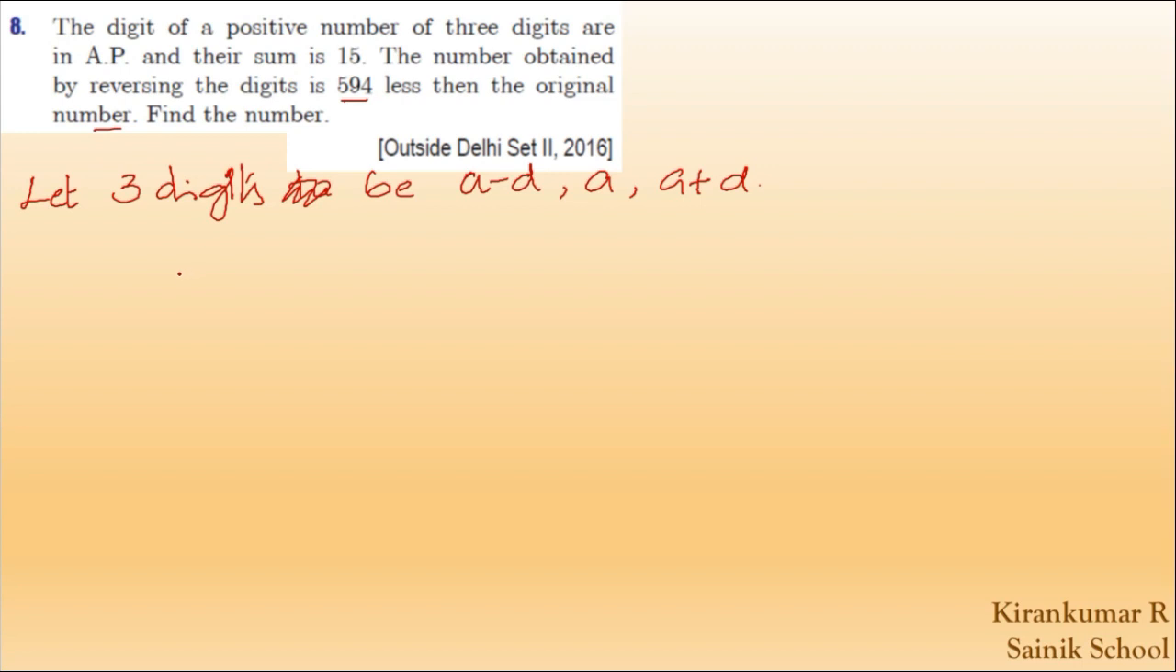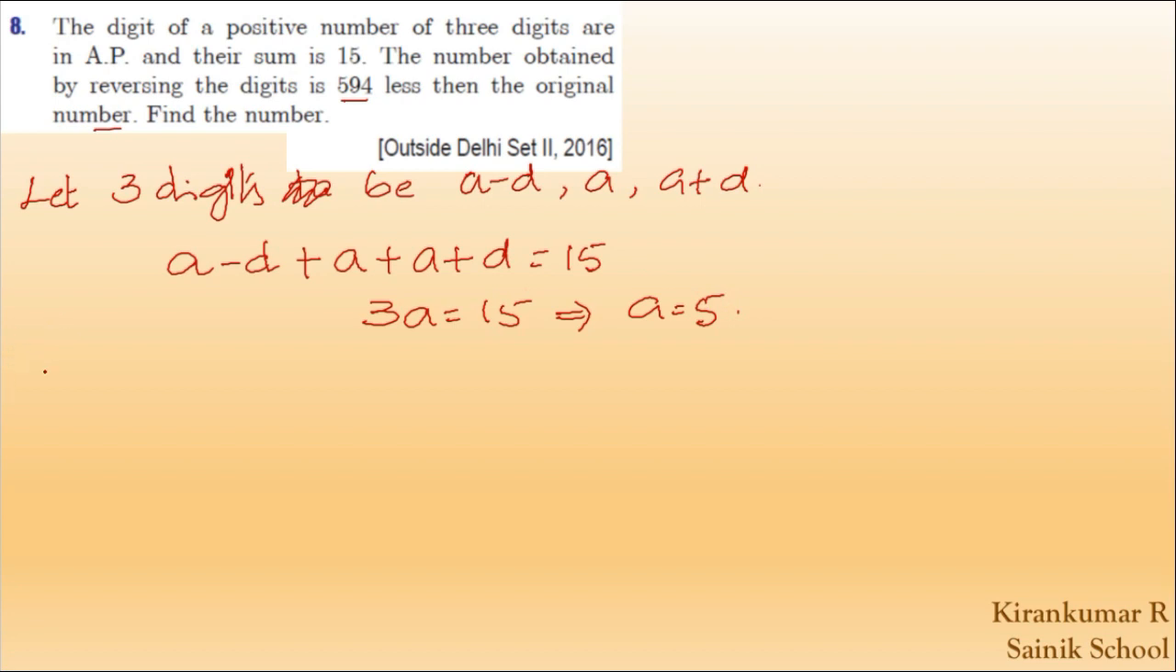Therefore, as per the question, A minus D added to A plus D, the sum of the digits is 15. We get 3A as 15, so the value of A is 5. The required 3-digit number is